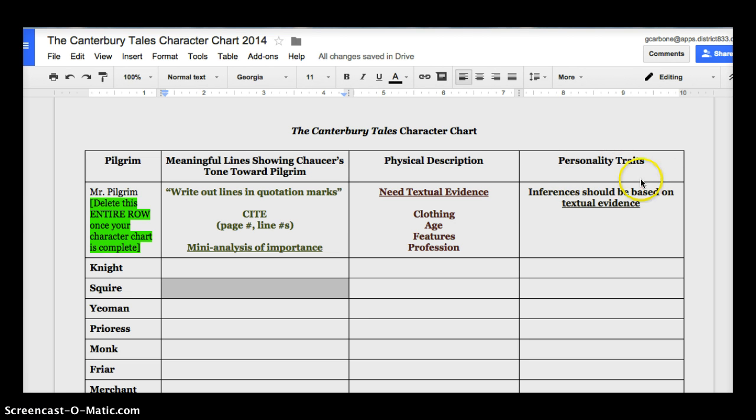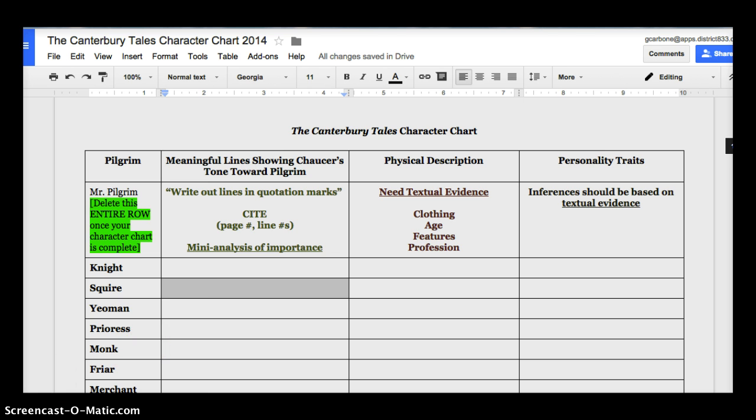The final section here is asking you to analyze the personality traits of each individual pilgrim. Any inferences you make should be based on textual evidence. Once again, you do not need to list out all of the textual evidence. However, you do want to support the inferences by noting a specific line that leads you to that inference. If you feel like you will be able to support your inferences, you may do this piece in bullet points. Otherwise, using phrases and incomplete sentences is okay as well. Do what you need to do to convey the personality traits of this pilgrim, as well as showing the support